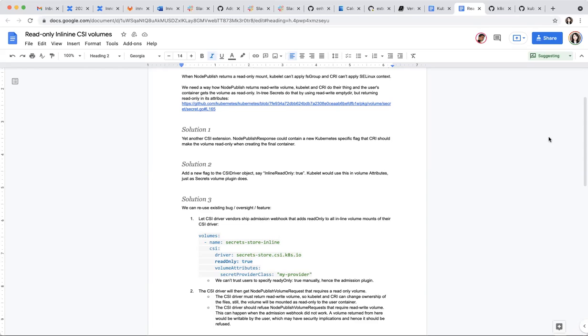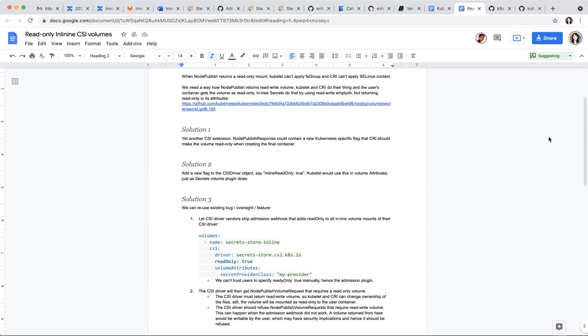So your solution 3, can you explain a little bit more? Well, as I said, the CSI driver ignores the read-only flag from Kubernetes. Kubernetes calls node publish volume with the read-only flag. The CSI driver ignores it, mounts something read-write, and returns to Kubernetes.